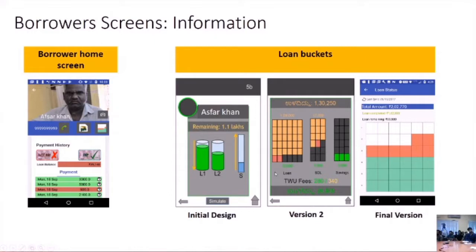And you see how these moved during the iterations. From the initial design, we tried lots of different representations. We took lots of different ones with us. But drivers preferred the blocks because each block is a monthly payment, and they like it because they can simply count. So this is the final version where green means paid off, red means ones they should have paid off but are behind, and the white is to go. So they can easily count here, I'm 8 months behind in this case.